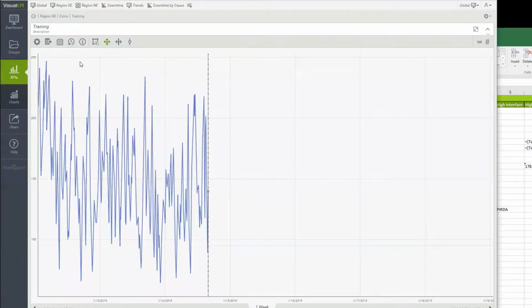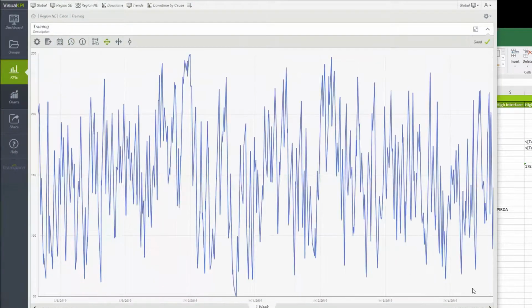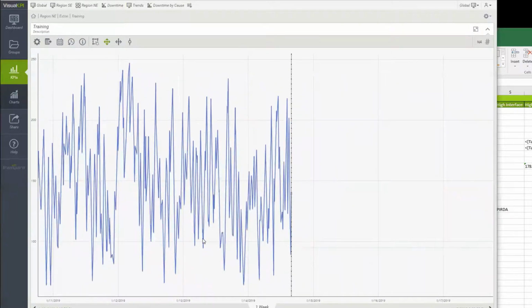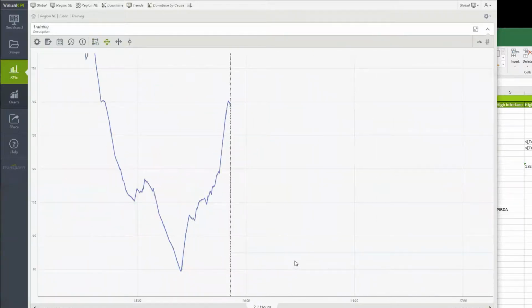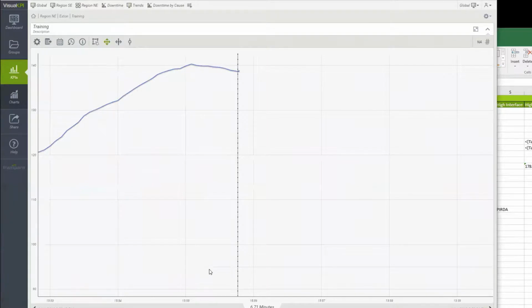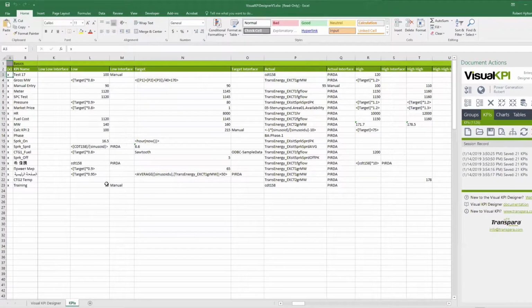So if I refresh this trend now, and I'm going to look here, you'll see you can't see that. You can see it going forward, but you can't see it in the background. And I'm going to zoom in to the smallest amount possible here. I need to even zoom in further so that you can see here's the exact point in time where I made the limit 95. And now if I go in here and I change it to 125, and then I